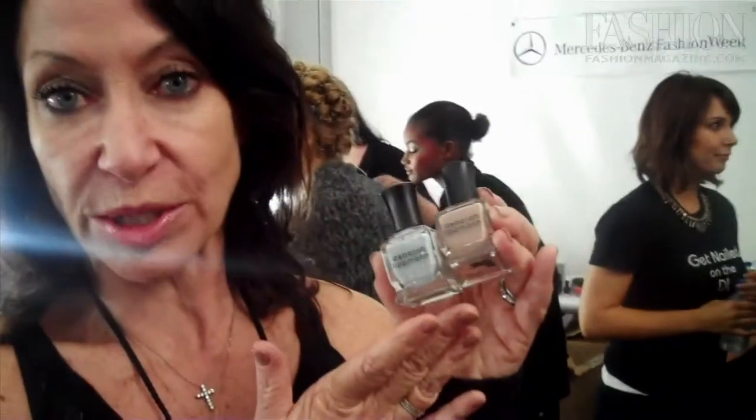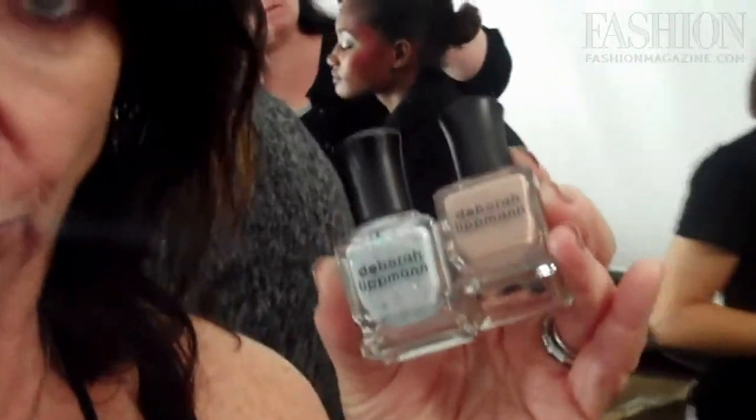So for Badgley Mischka 2011 spring, we're doing a matchy-matchy look. Fingers and toes are the same, and we are layering color, which is something that a lot of people have been doing, which is great because it gives you a little more out of your nail wardrobe. But for the show, we wanted to expand on what Tom is doing with the beautiful eyes, sort of silvery blue, the gorgeous cheek. So we start with a base that's like an opaque beige, and after that we layer